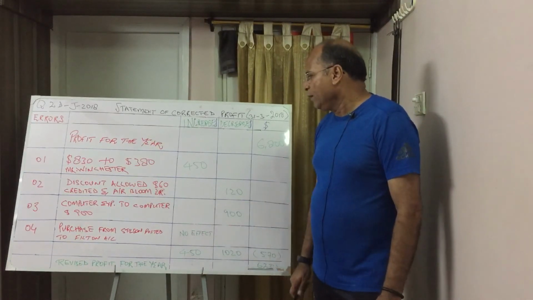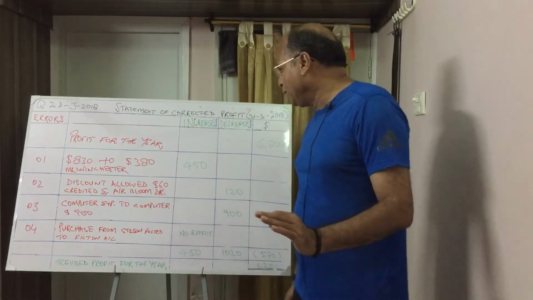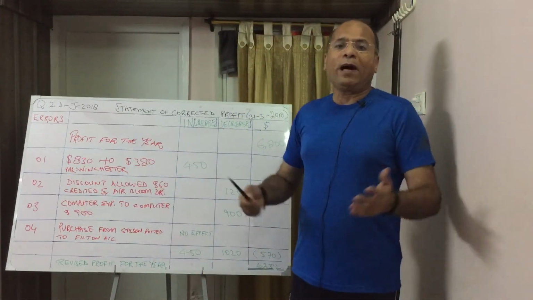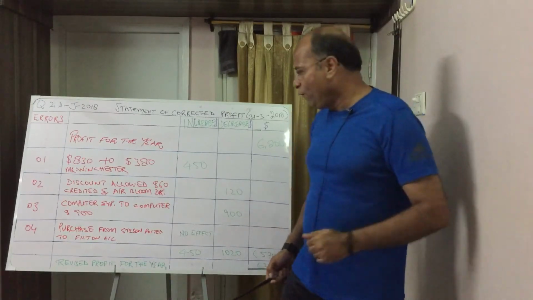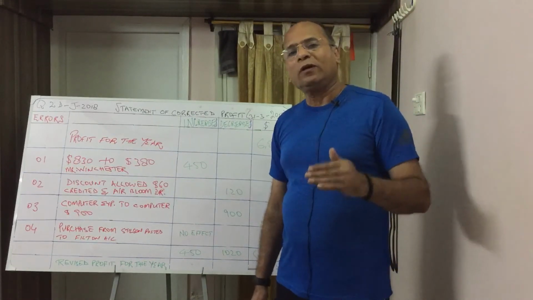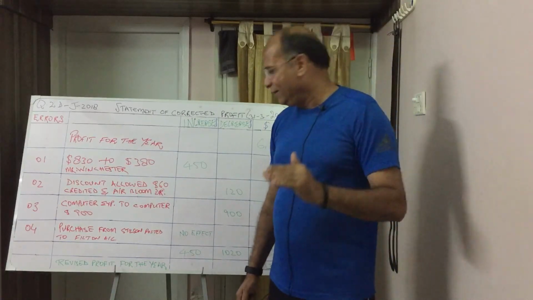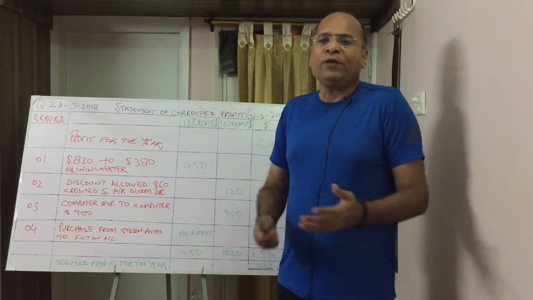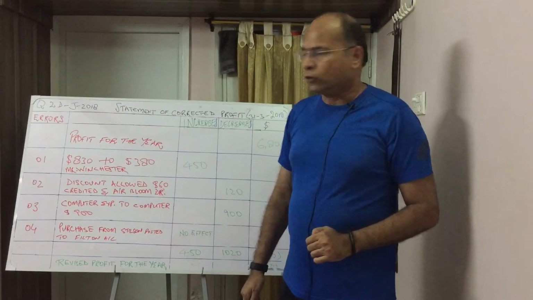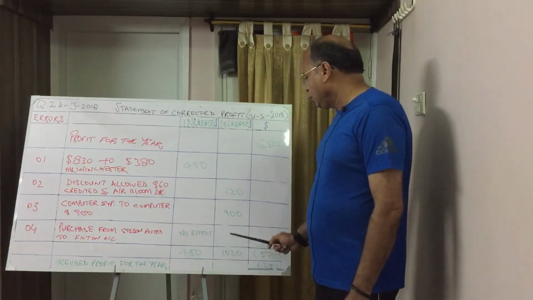The fourth entry. In the fourth entry, that is the error of commission. What did we do? We bought some goods from Mr. Stilson's, but by an error we recorded in the books of Mr. Filton. What entry were we supposed to record? We were supposed to record purchase debit and Stilson credit. We recorded purchase debit and Filton credit. What do I mean? I mean we did not make any error which will make an impact on the profit figure. So due to this transaction, there is no impact on the profit, no increase, no decrease.